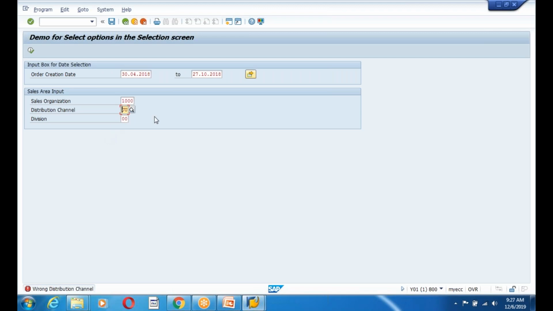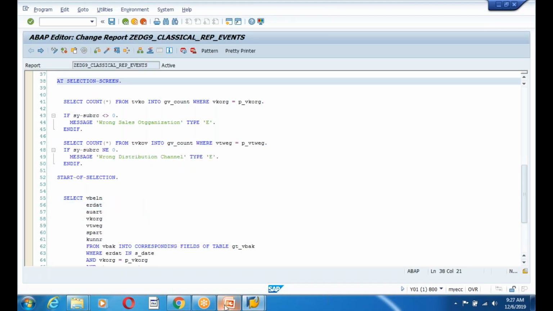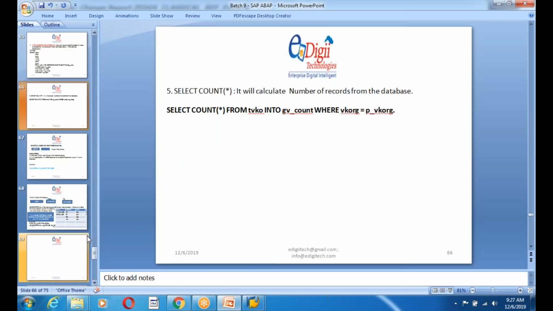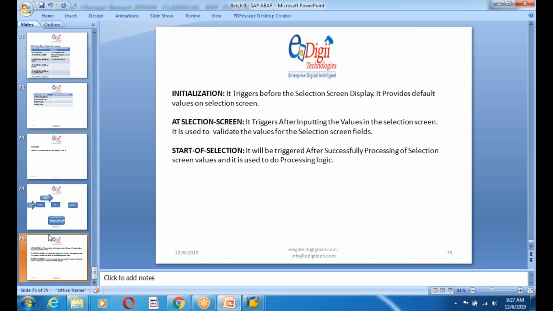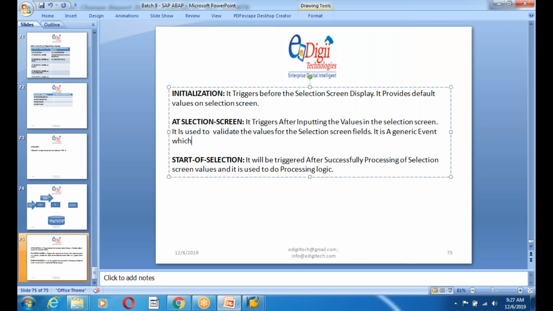So if that is the case, at selection screen doesn't work, guys. At selection screen is a generic event for all selection screen fields. It's a generic event which works for all selection screen fields, and when there is